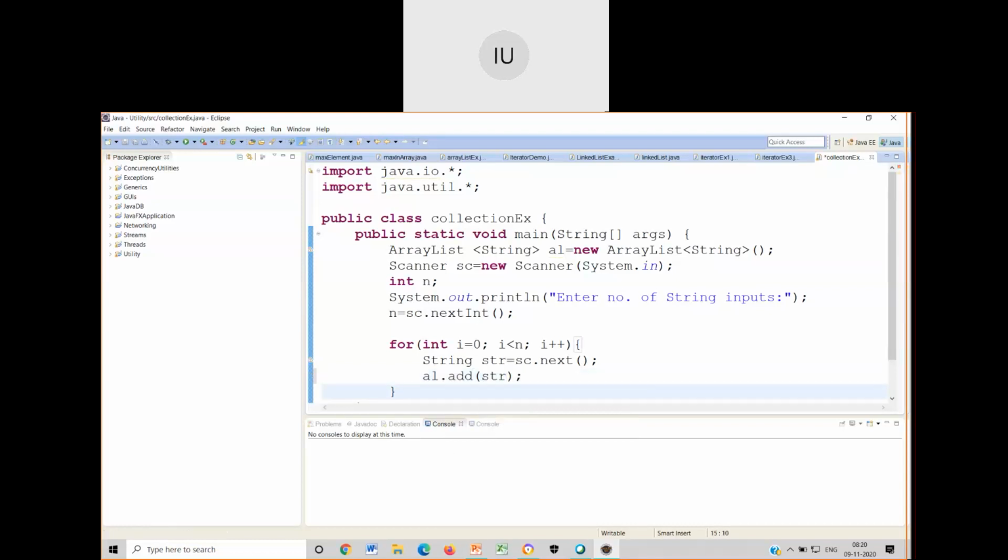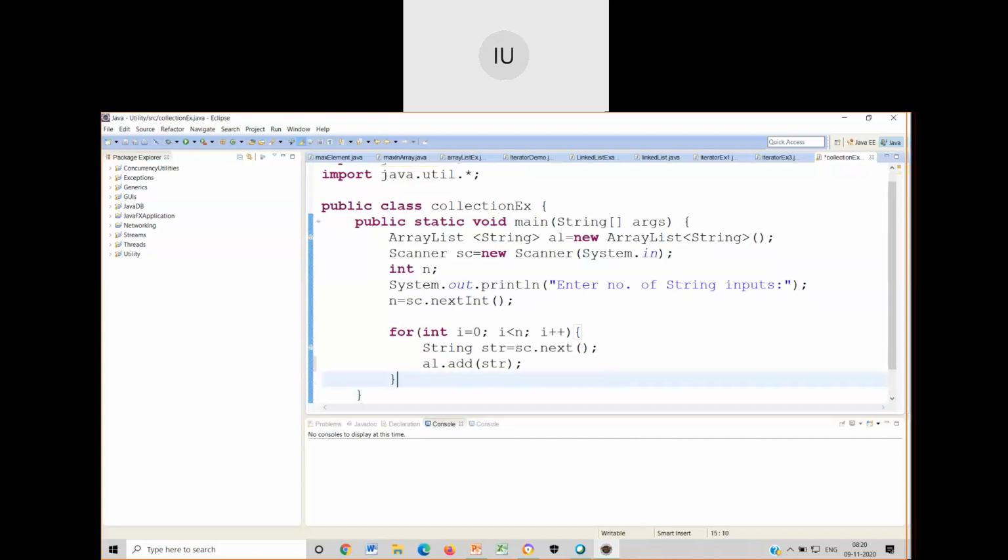Once I have done this, I need to print them. So what will I write? Outside the for loop, System.out.println of the contents in the array list are.